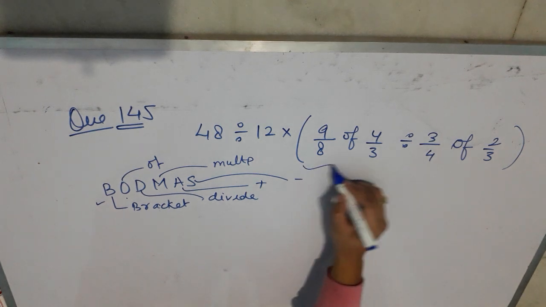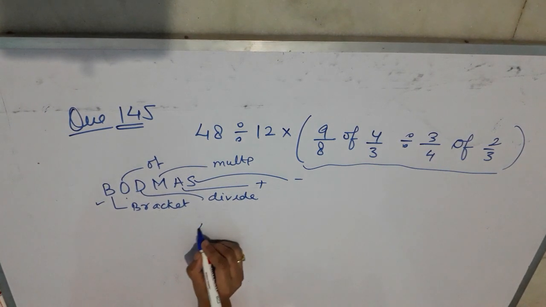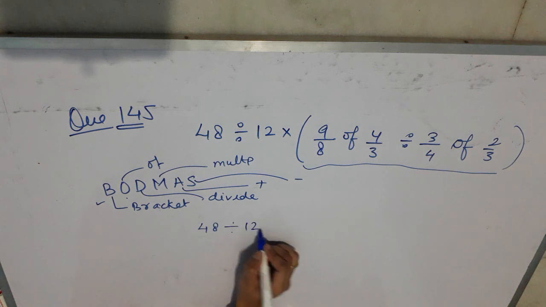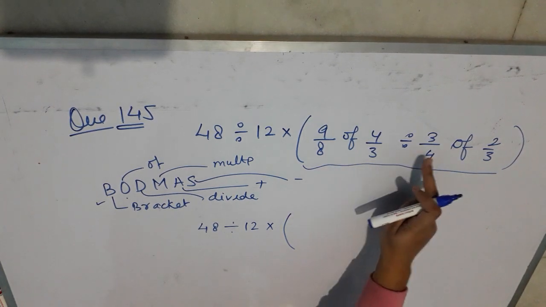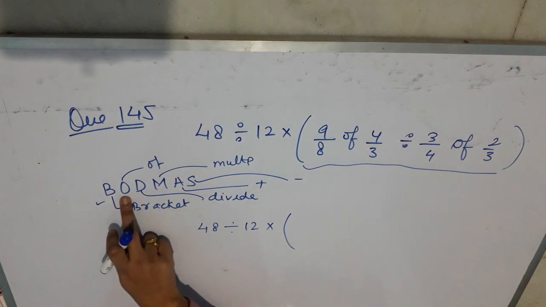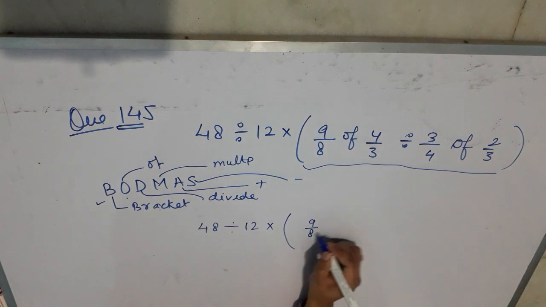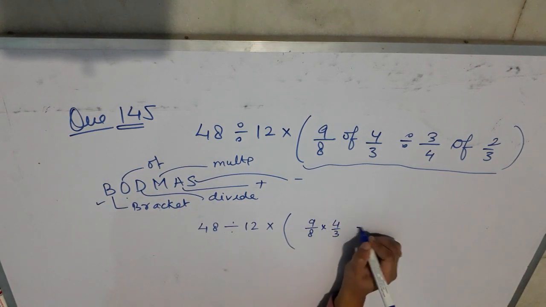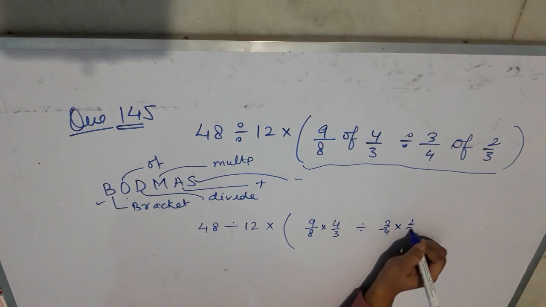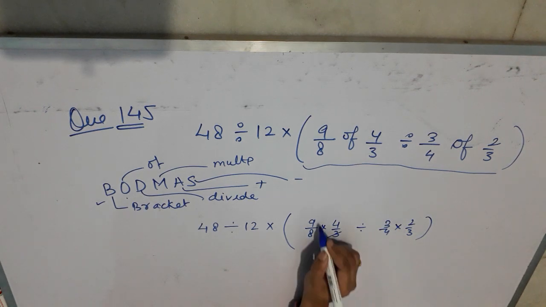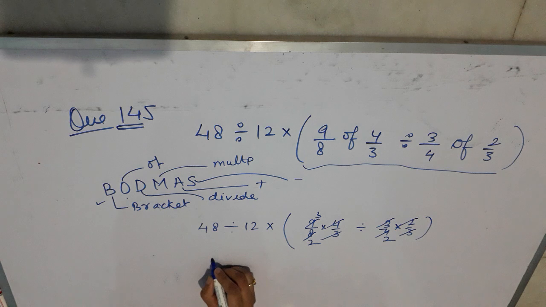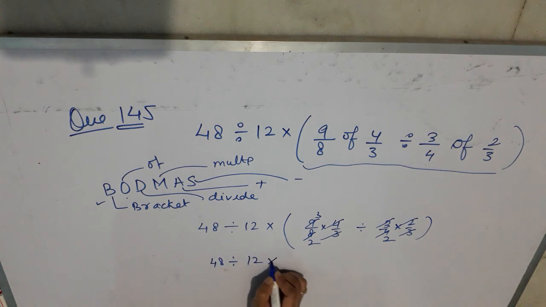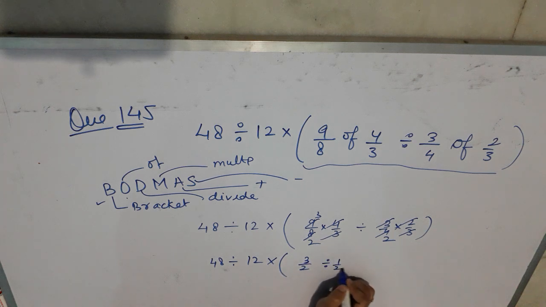So first we will solve this bracket according to our BODMAS rule. In this bracket there is an of and a divide, so first you have to solve the of. Of is nothing but multiplication. 4 by 3 divided by 3 by 4 into 2 by 3. You just cancel it out: 3, 3, 2, 2. It will be 48 divided by 12 into, this is 3 by 2 divided by 1 by 2,